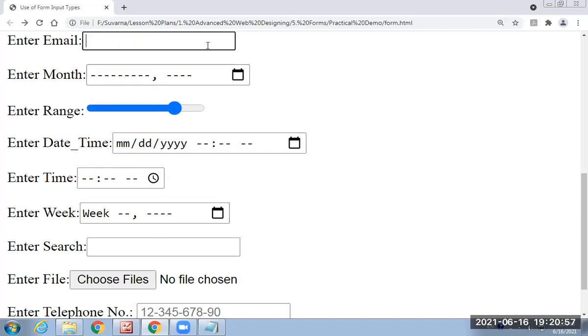First of all, I am providing the dot and then at gmail.com, or here only Gmail. It is also not in proper format. Let's see how it will work.